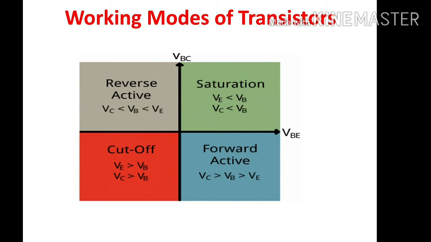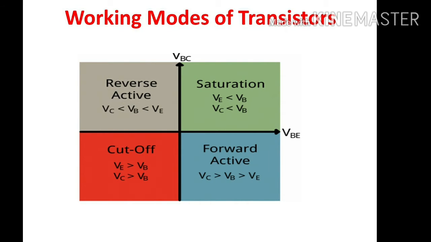Okay, why can't we go for the other combinations? What happens in other combinations? If junction 1 and junction 2 are both forward biased, the transistor enters into the saturation region. Saturation region means it can't be involved in conduction. If the 2 junctions are both reverse biased, then it enters into the cutoff region. Cutoff region means the transistor will be reluctant to operate. What is the other combination? It is reverse bias and forward bias. This one will be inverted and we rarely use this combination.